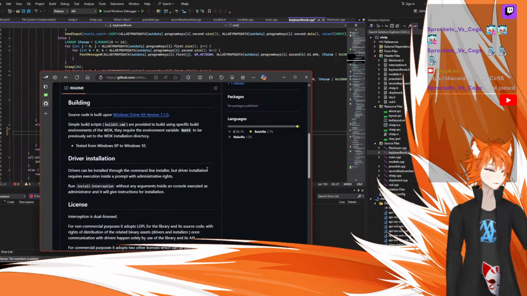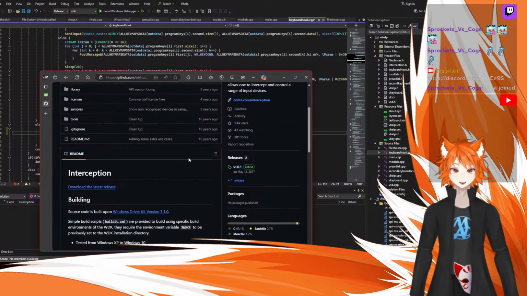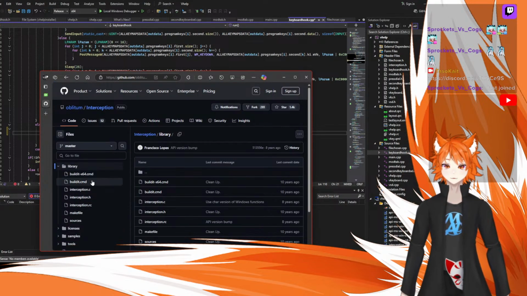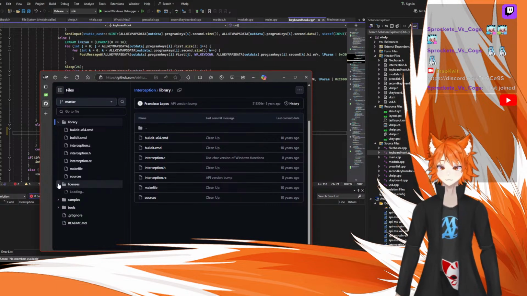Probably at some point I need to buy the license of this driver so I can customize it, but meh. Okay, so